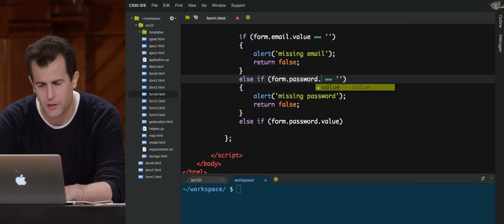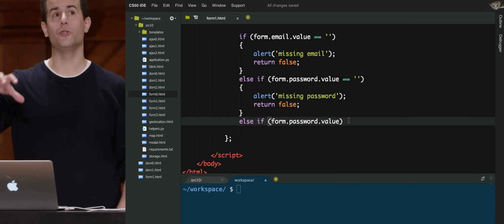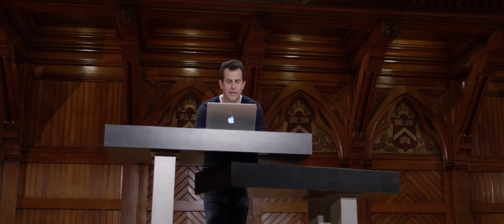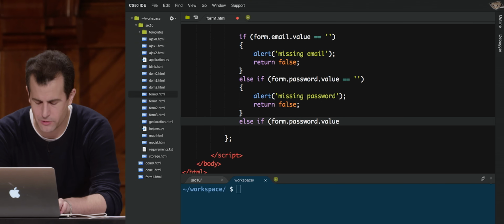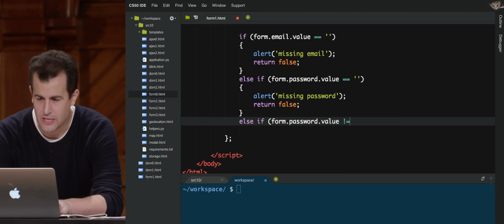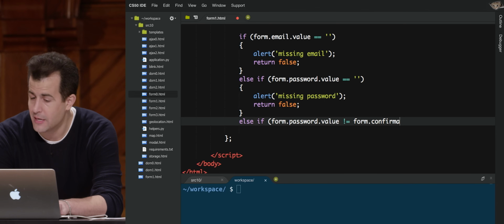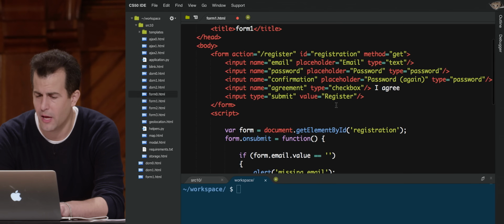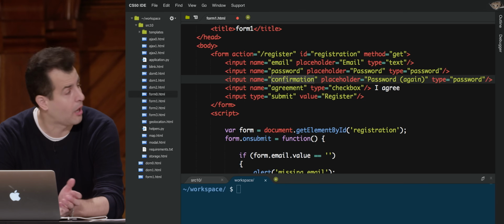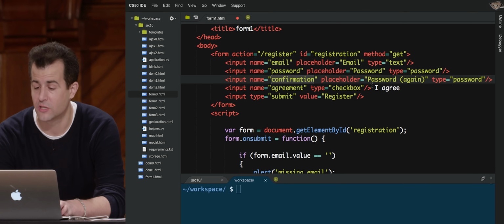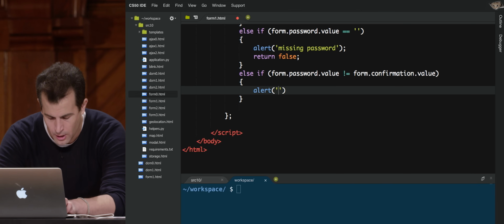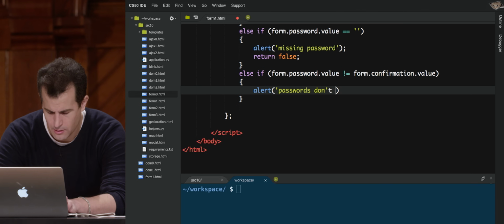How about else if form.password.value, oops, and up here I need value as well. Otherwise, you get the element from the DOM. You don't get the value inside of that rectangle. Else if form.password.value does not equal form.confirmation.value. And why confirmation? Well, if I look back at my HTML, the first field was called email. The second field was called password. The third was called confirmation, even though it's also a password field, because that's where I want the user's password again. But if those passwords don't match, let me tell the user, passwords don't match,